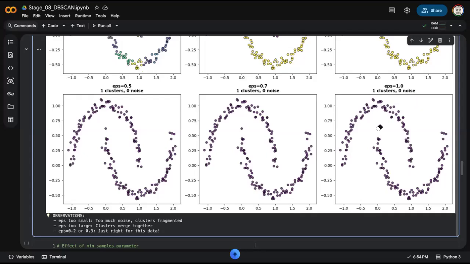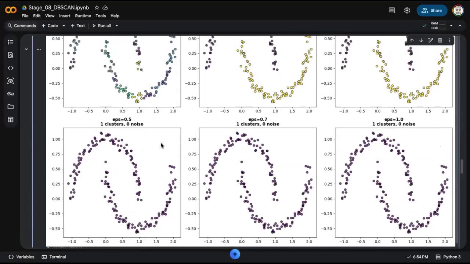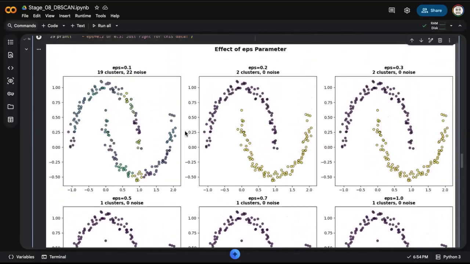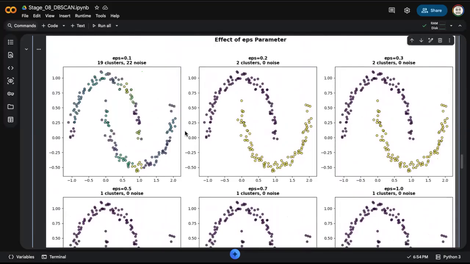So what do you think? Which of the parameters gave us a good value, a good shape that we can actually rejoice over? EPS of 0.2 and EPS of 0.3. Thank you. That's cool. So EPS of 0.2 and 0.3 did a good job in helping us to achieve